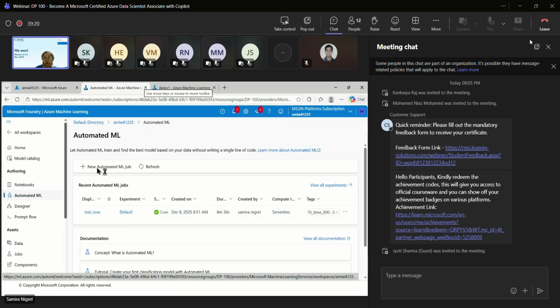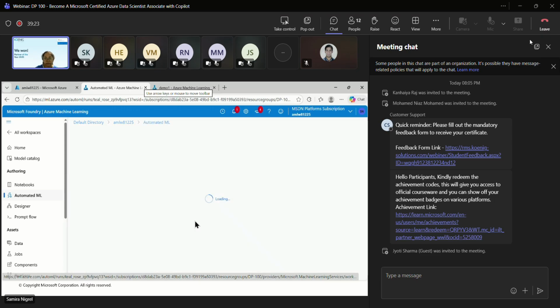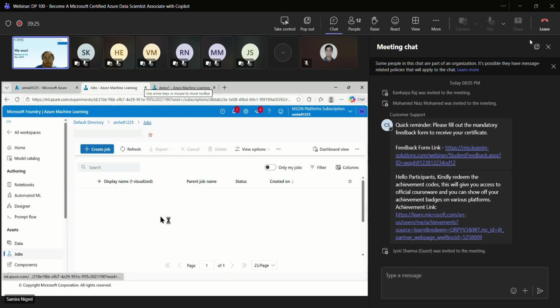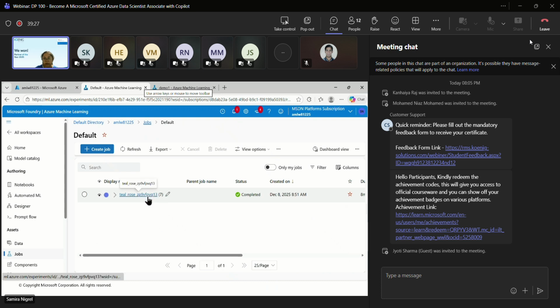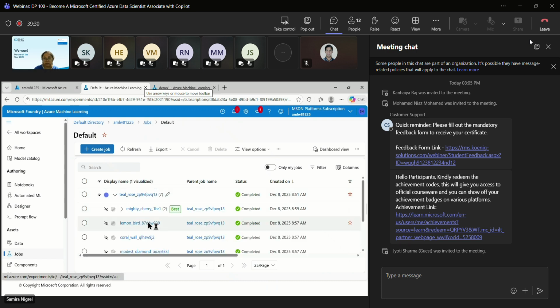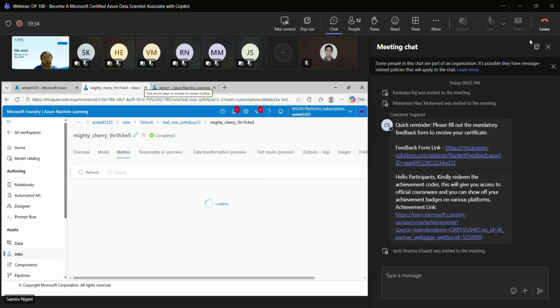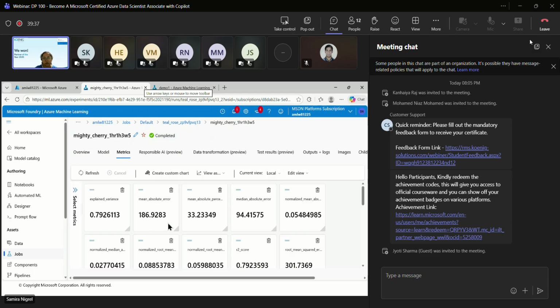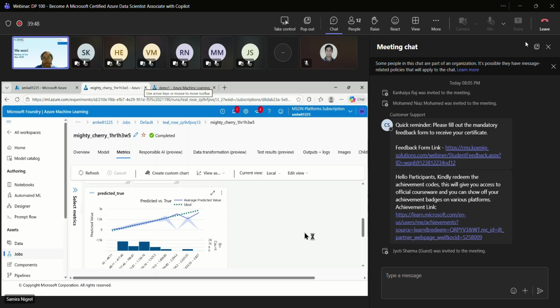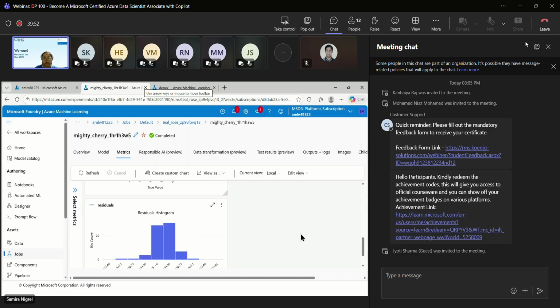If you look here, you can see how much time it took, and all the details are provided. This was the best one. Here I can see all the metrics. I requested the normalized root mean squared error, but all the metrics it can capture, everything will be taken care of.